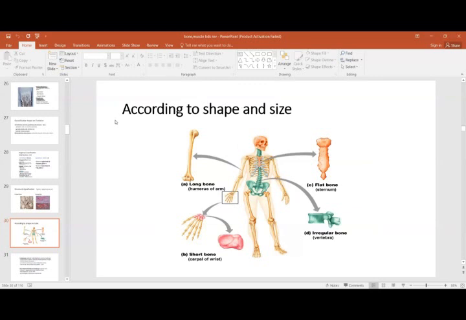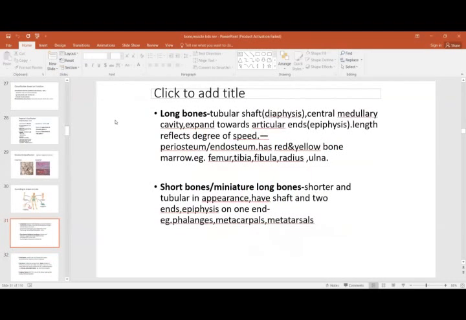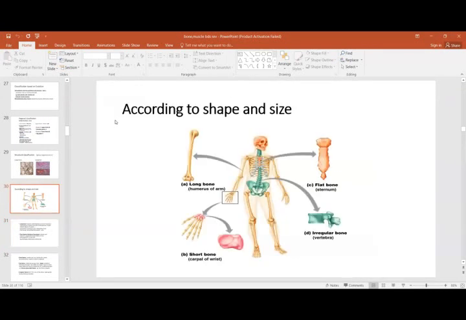Then according to the shape and the size, there are different bones. We have long bones, which have a shaft and upper and lower ends. You see from this picture, they have an epiphysis above and below, and the diaphysis in between. Then you have these